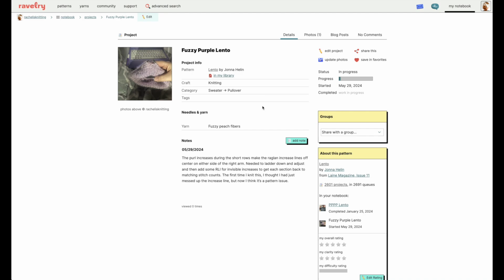But the first time that I knit this, I did have some issues with the raglan increases, and then again I had an off stitch count on one of my arms and on the back portion of the sweater. At the time, I was convinced that this was my own fault. I thought I hadn't been paying attention properly, something went wrong along the way,